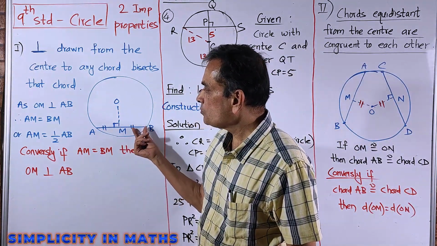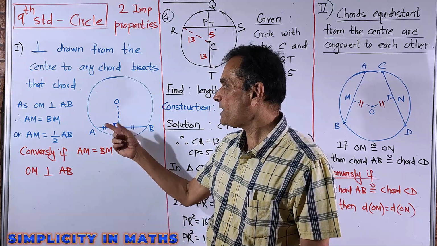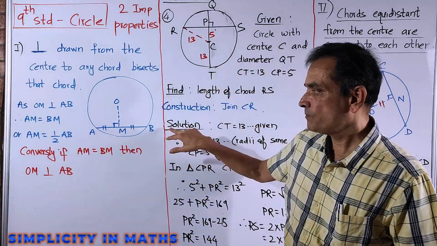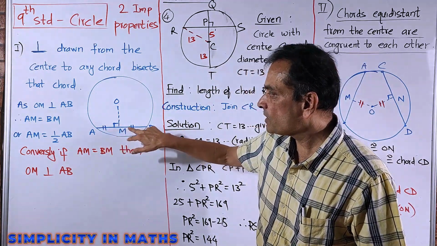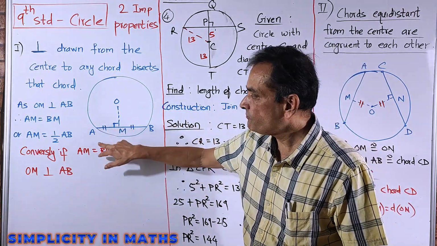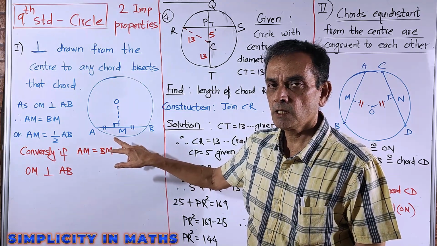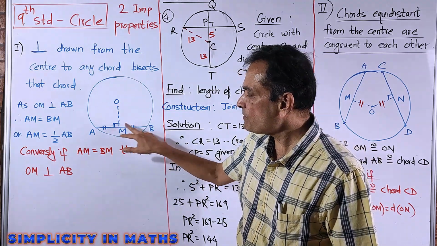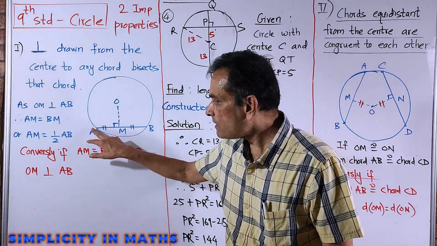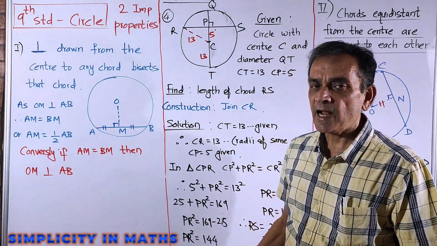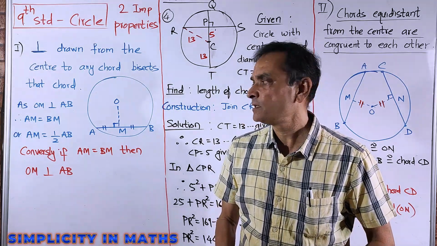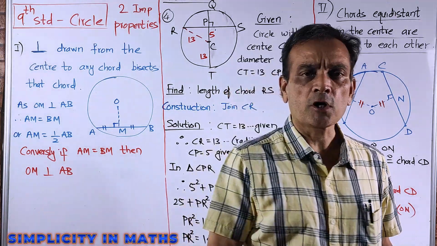Now because AM is equal to BM, what is the relation between AM and AB? Naturally, AM will be half of AB. AM equal to half of AB. For example, if AB was 10, अगर AB 10 है तो AM and BM कितने हो गए? 5 और 5. So 5 will be half of 10. And in certain cases, अभी ये लिखने के बाद AM is equal to half AB लिखने के बाद क्या होता है? If you cross multiply,